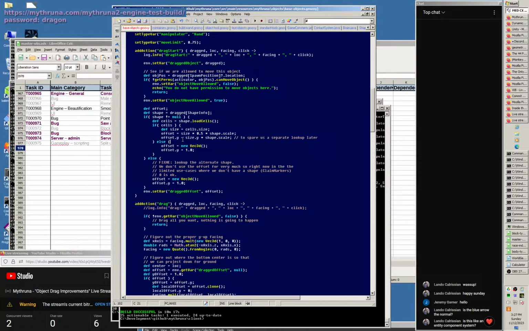Oh no. Oh, I see. I tuck this value away because I'm going to ignore y later. But I might want to know the height of the object in world space. So I tuck that in here, since I already bothered to grab